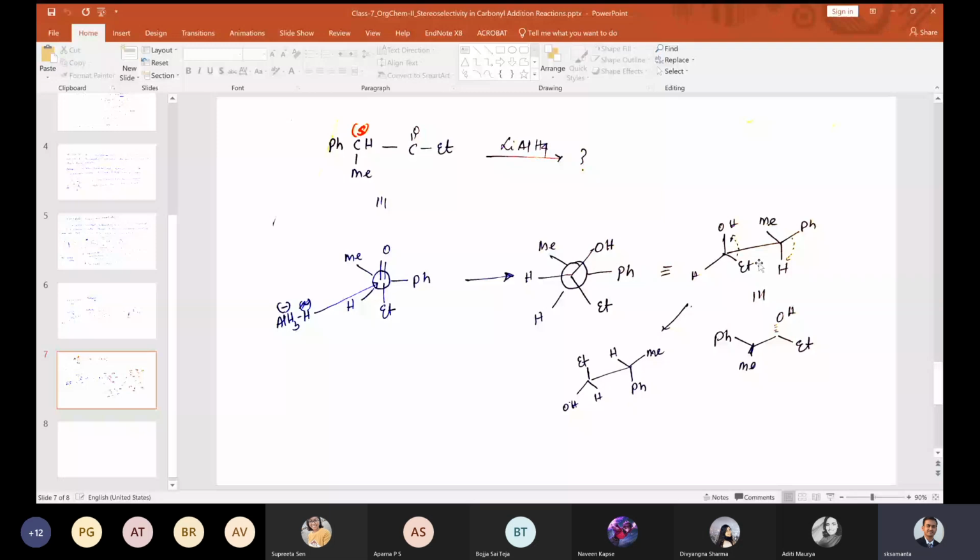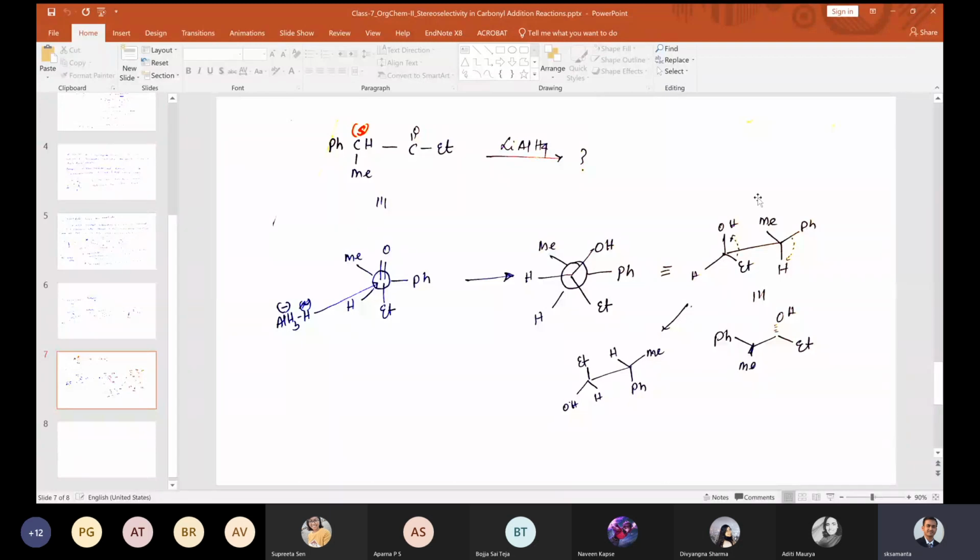Okay. So then now we want to make this a straight line and rotate it 180 degrees. So you bring this Ph to this side and this carbon to that side. Then what will happen? This Ph was in the front. If you rotate, Ph will go back. Methyl will come to the front. This was back, this will come to the front.